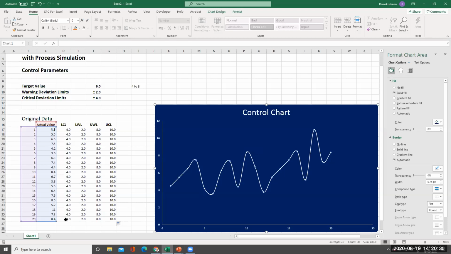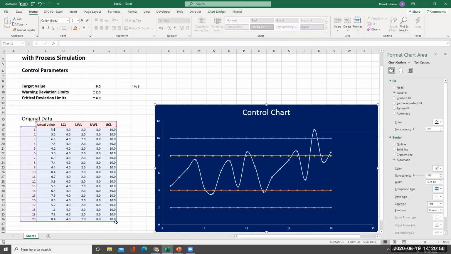Now I have to insert the 4 columns. So I'll press shift, go to the bottom and see the cursor changes to a double arrow. Press shift and then cover the entire columns, right? See that the titles are also included. And now you leave it. Now you see the 4 lines. The 4 lines are to be now decorated.